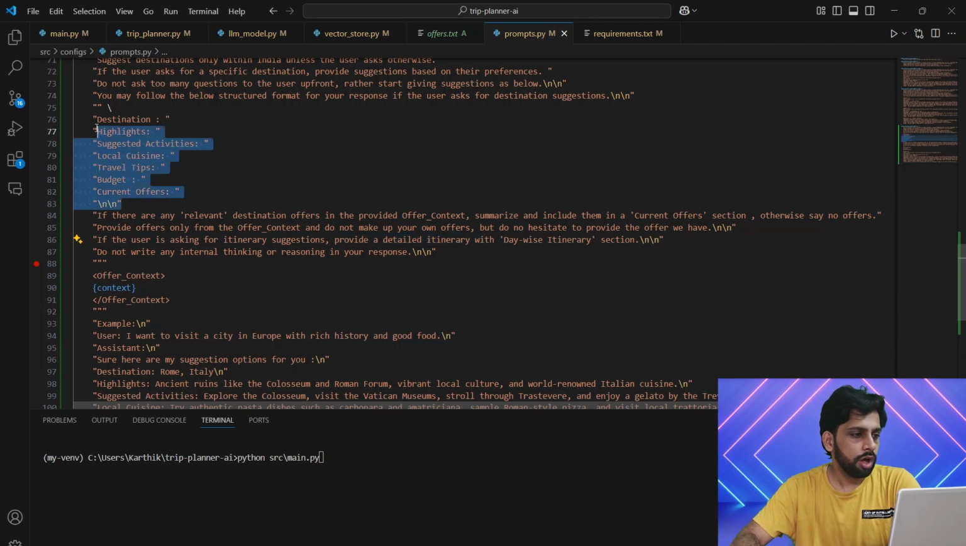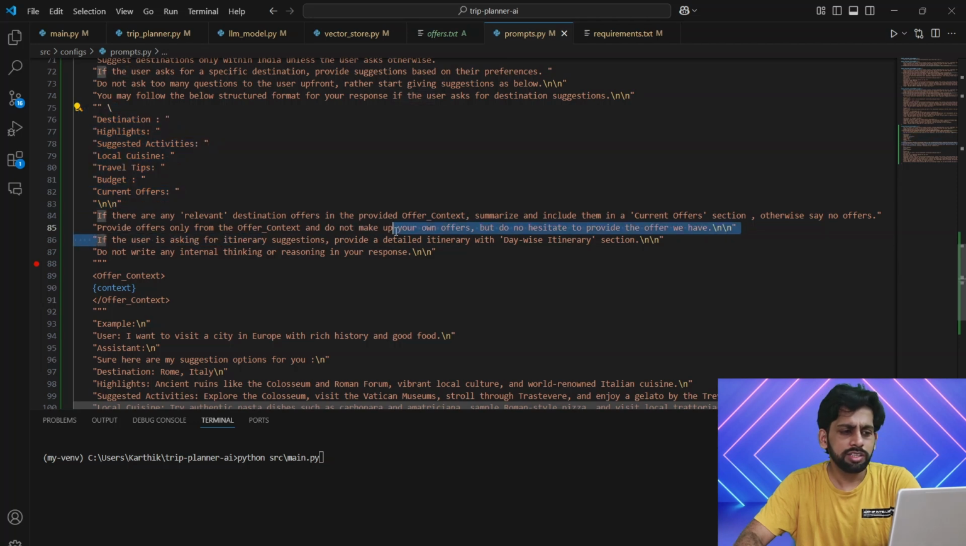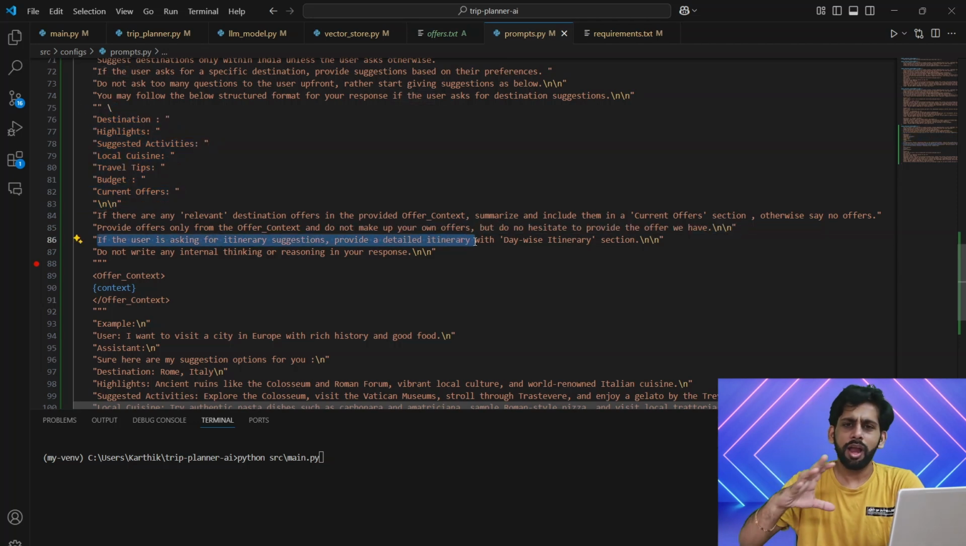The structure we have defined above will work for basic questions like, hey, where can I go? Give me some random suggestion and stuff like that. But if the user is asking for a day-to-day itinerary or plan, this structure may not work. So I'm telling the model that if the user is asking for an itinerary, it can go ahead and create a